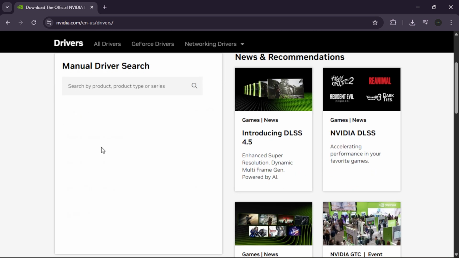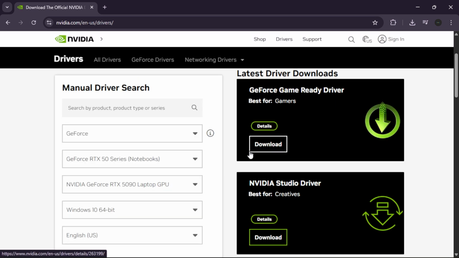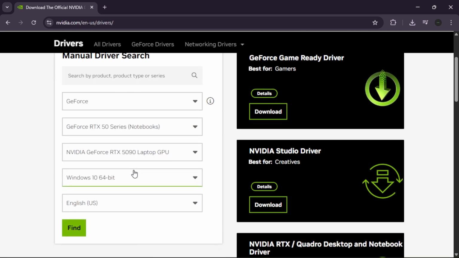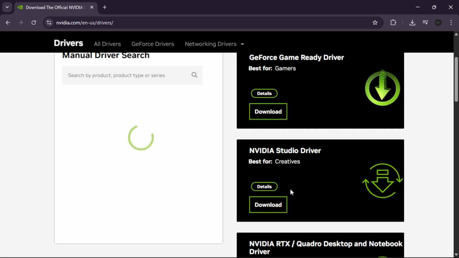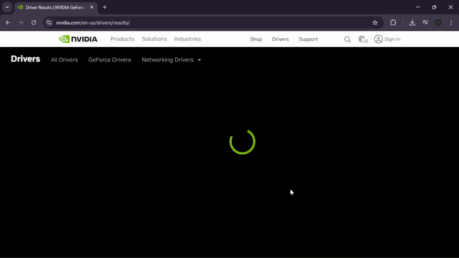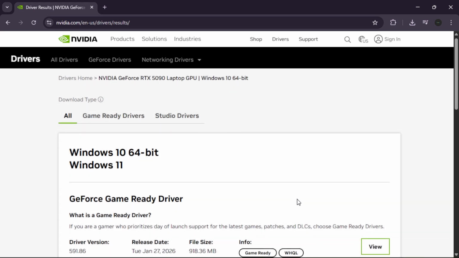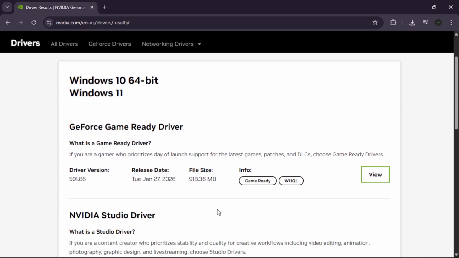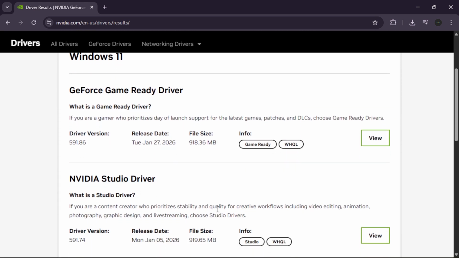Choose a clean installation in the installer options. This wipes your old settings and replaces the buggy app with a fresh version. If you are still using the older GeForce Experience, consider downloading the new Nvidia app, which replaced it in 2024 and features a more